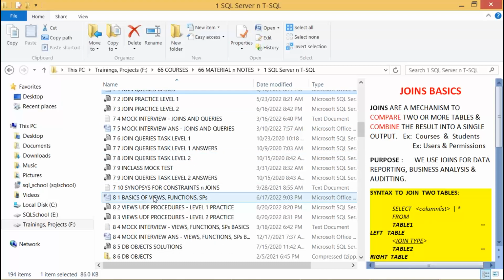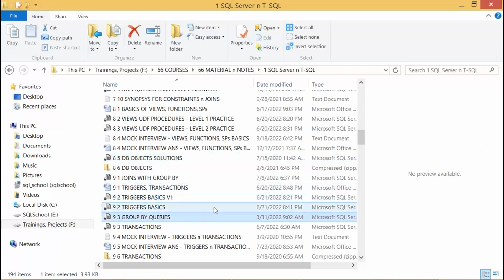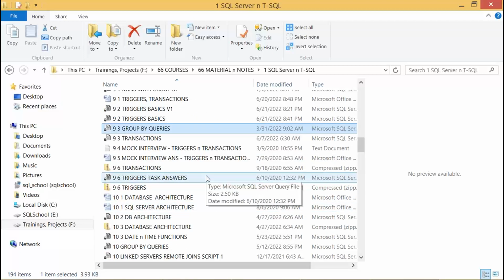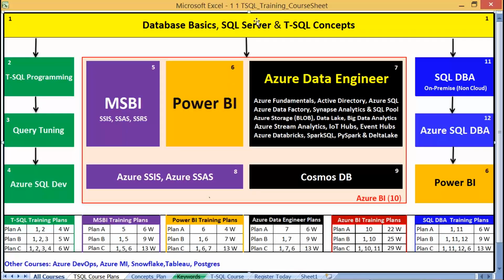We'll understand various database objects including procedures, functions, triggers, and from there we go for something else called merge, upsert, transactions, triggers, and group by concepts with datetime functions and string functions, which are required. The yellow box is where we start, and all those concepts are required for programmers, BI professionals, Microsoft Business Intelligence, MSBI, or even Power BI, Tableau, Snowflake, etc. Even for Azure data engineers.